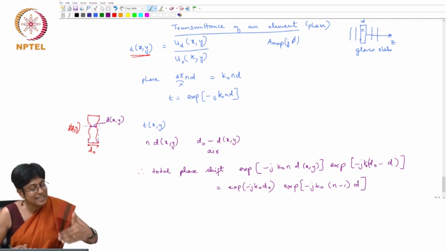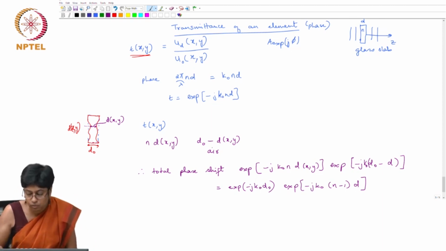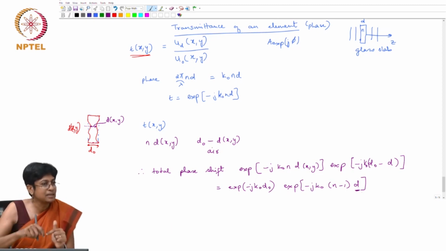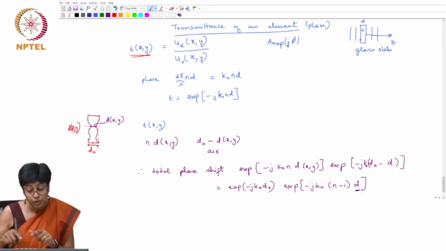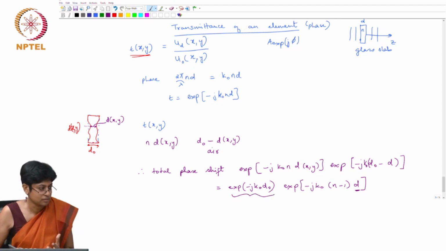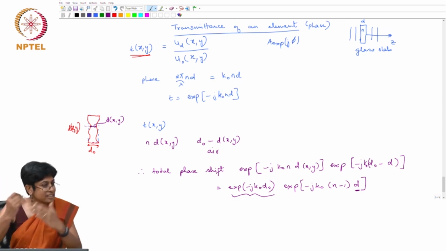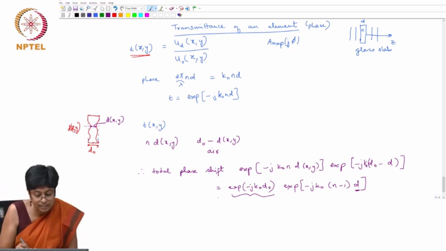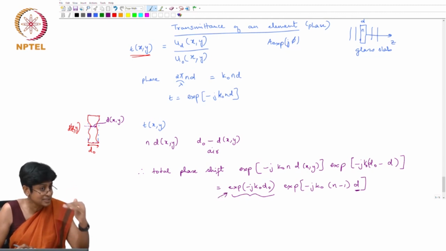And if you were to do this at every point of the slab, you are going to get the same expression, of course, with this term d of xy representing the thickness of the slab at that particular position. So you have two terms here, product of these two terms, but this actually is a constant term and it appears everywhere. So in principle, if I was trying to find out the effects of the relative phase differences, I could actually leave this part out because it appears everywhere.